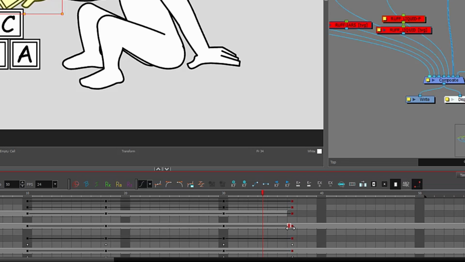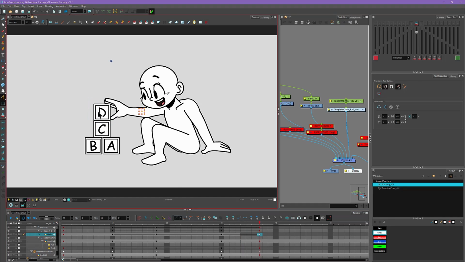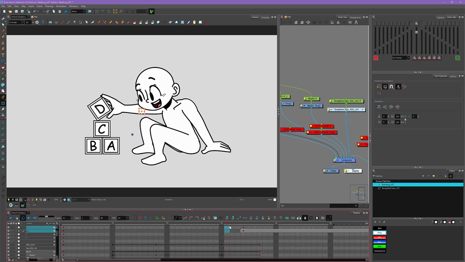And I'm going to take this drawing right here, select it, and then I'm going to drag it behind until it's in the middle of this frame right here. And I'll do that for the block right here. So it'll disappear right there. And obviously we need this block, the one that's stationary, to appear on that frame. So we'll select that, press O, or use this magnifier to navigate to where that layer is. Shift select both its peg and its drawing layer. So I'll want to go back to modify keyframe and drawing, select both of those, and then drag that back to that frame. And that'll drop the block off in the middle of that motion.